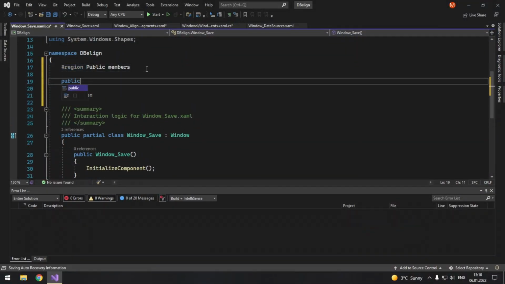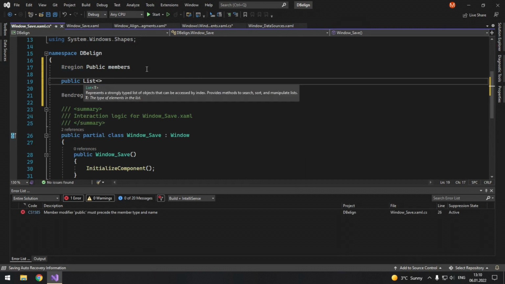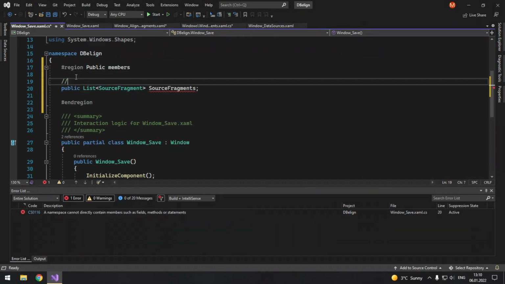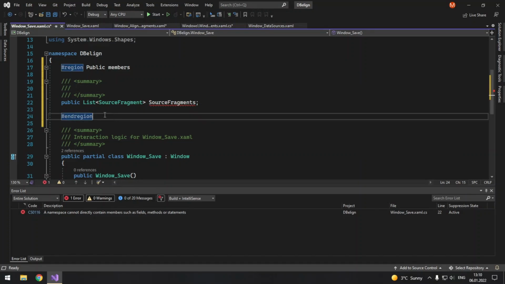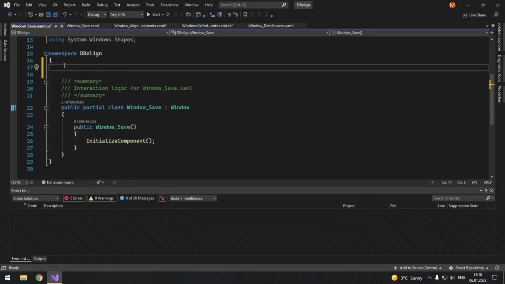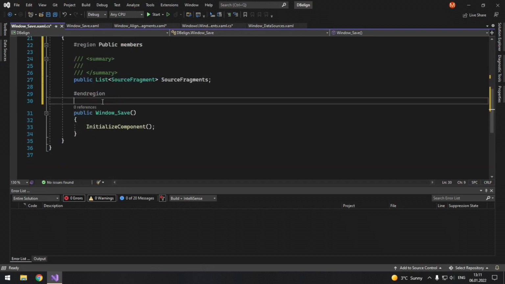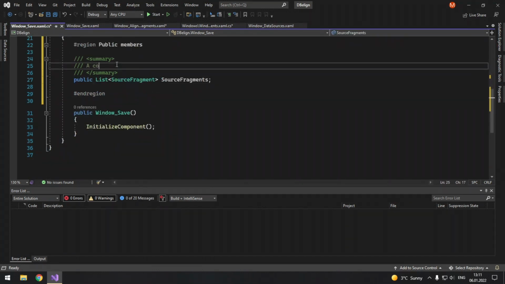So public list of type source fragment, and let's call it source fragments, and let's leave a summary. Oh, actually we need to put it inside a class right here. So it's a collection of source fragment.